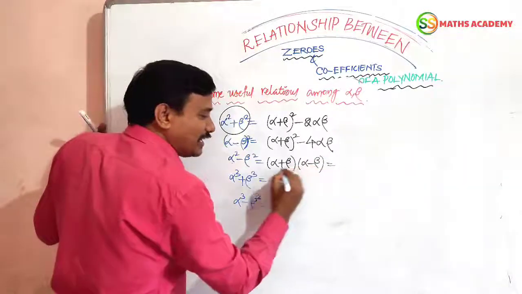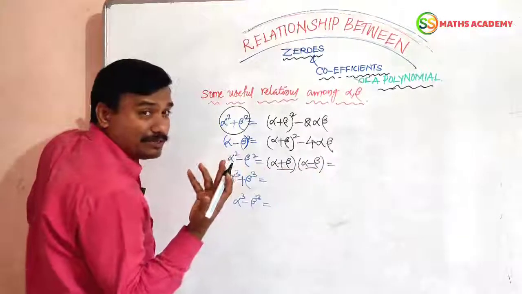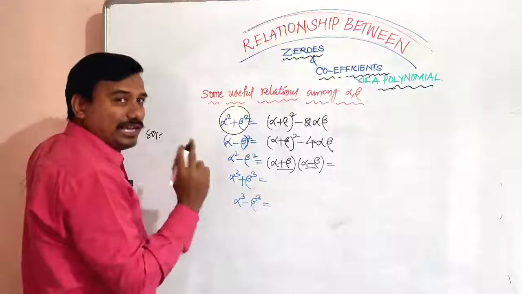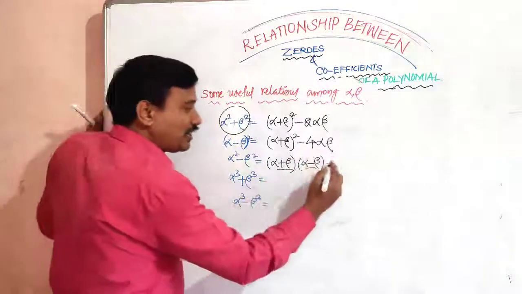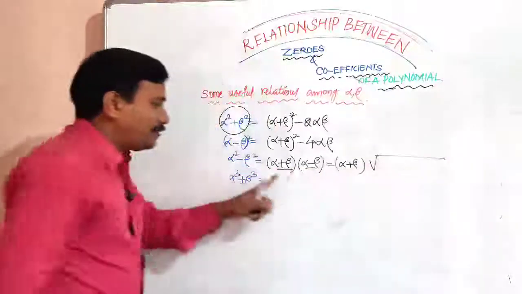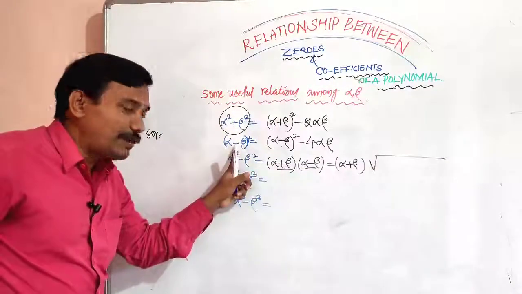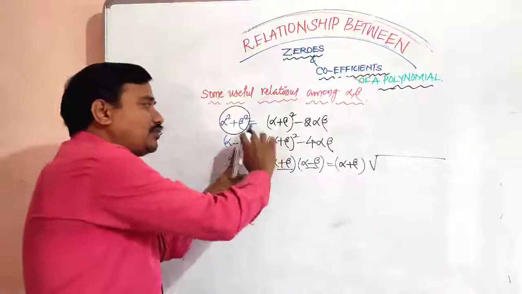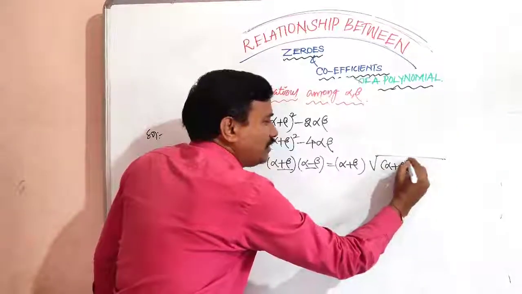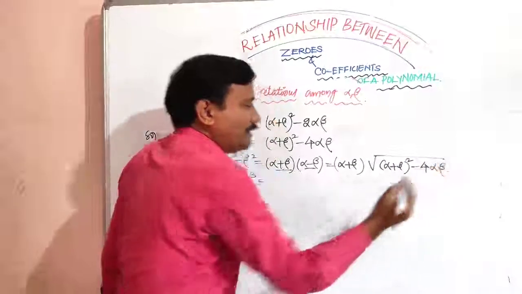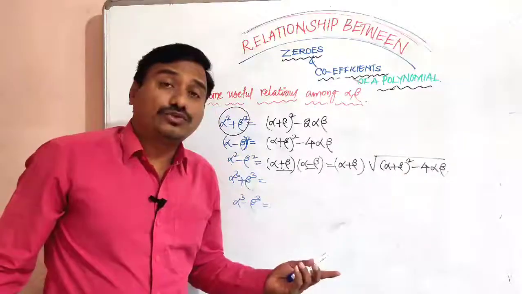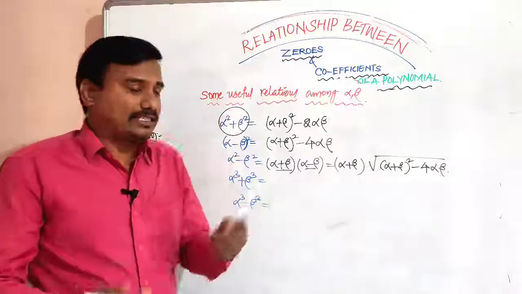Okay. Now alpha square minus beta square, a square minus b square formula, a plus b into a minus b. Also we can write, but we don't have any alpha minus beta value. Alpha plus beta value we have, alpha into beta also we have, but we don't have alpha minus beta. We should convert it. Alpha minus beta is nothing but, from this step, I have to take the square to the right side and it becomes a square root of the total value: alpha plus beta whole square minus 4 into alpha beta. Alpha plus beta we should get from the question, alpha into beta also we should get from the question, and we should get the total answer.